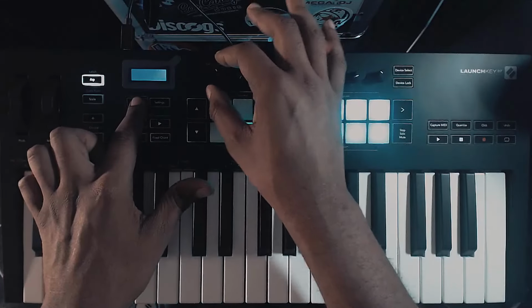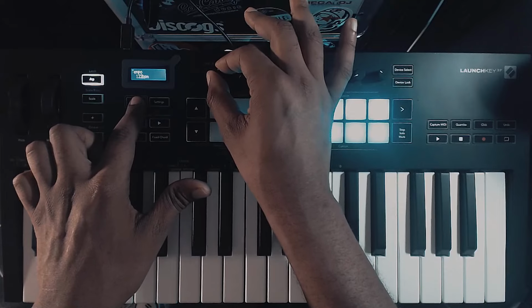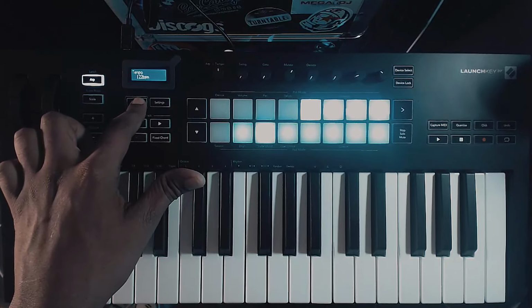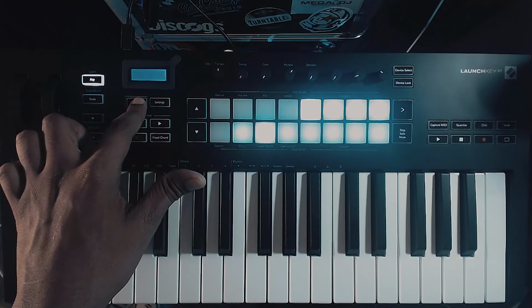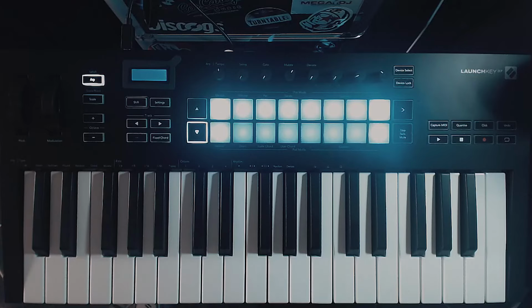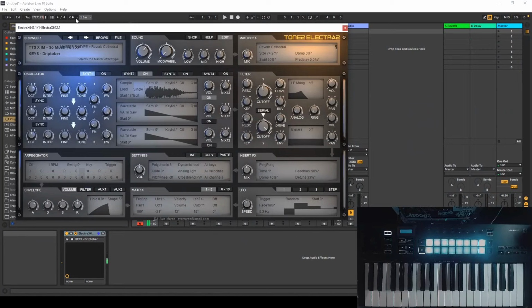You can adjust the ARP tempo right here. So theoretically, since I'm not able to go into a certain BPM on here, unfortunately, go into Ableton, let's get a 120 here. You can see that it's not latched on,